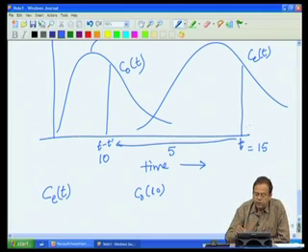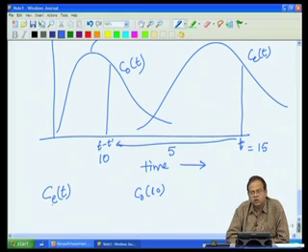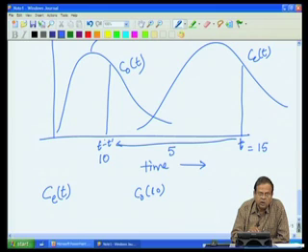The concentration that I will measure at time t equal to 15 will consist of what was put in the reactor at time t equal to 10 minutes and which has stayed in the reactor for 5 minutes,